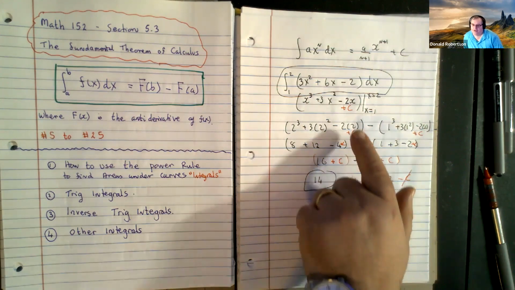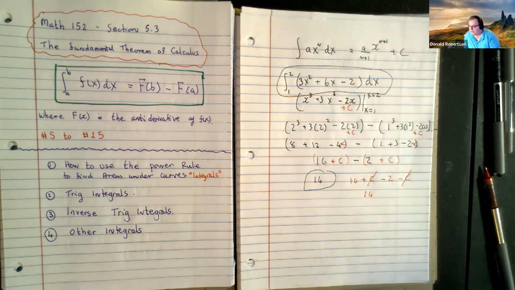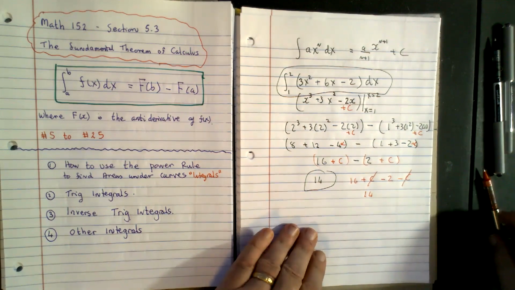Have I convinced you that you don't need the plus c only because they always kill each other off and they don't appear in the final answer? So if you know they're always going to kill each other off, you can save a bit of time by not writing them down. We're cool on that? Thank you. Okay. Now,